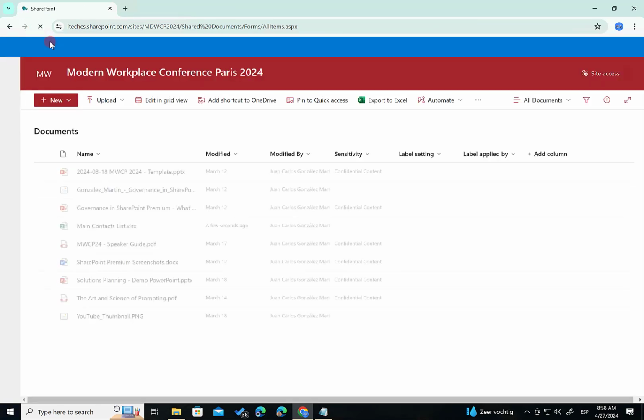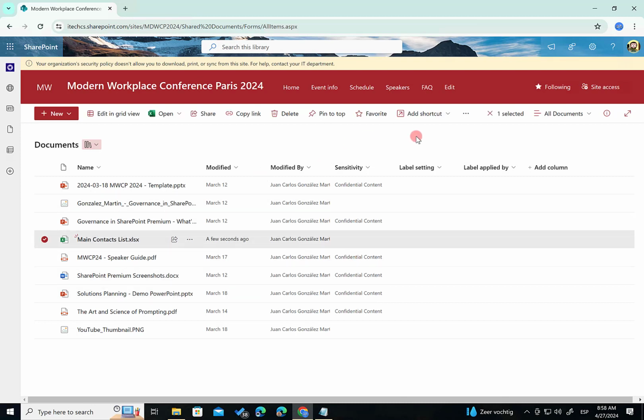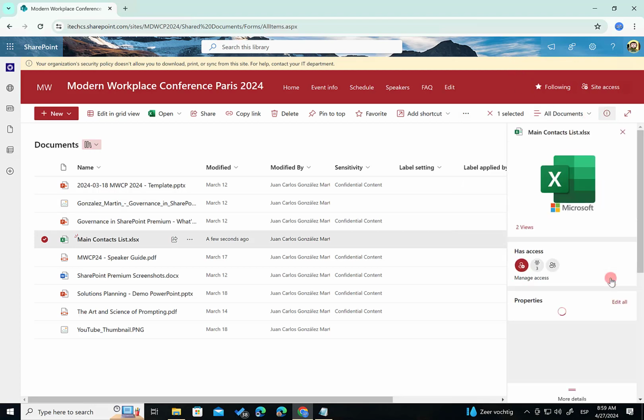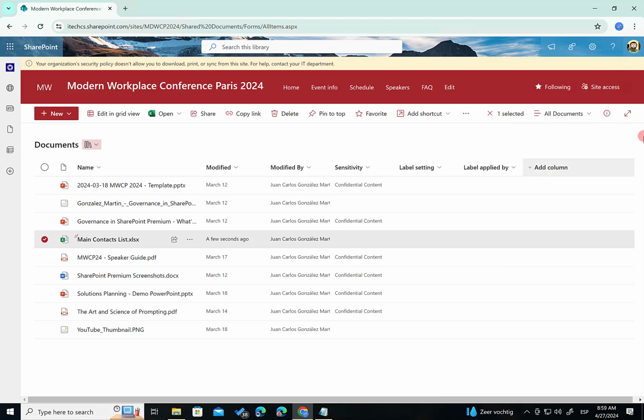Let's refresh the view here. The label is already applied, as you have seen in the Excel file. However, we still need some preparation time until it's reflected in the column itself. That's interesting. So it's not real time, as you are seeing here. For instance, if I see the information panel for this document and I review the metadata, as you can see, the sensitivity label is set to none. We need to wait some time. It's normally a question of minutes.